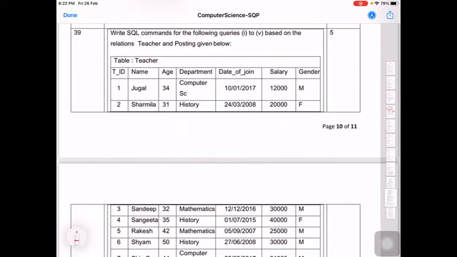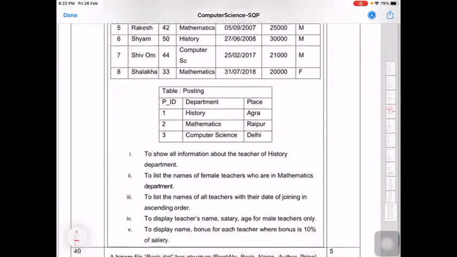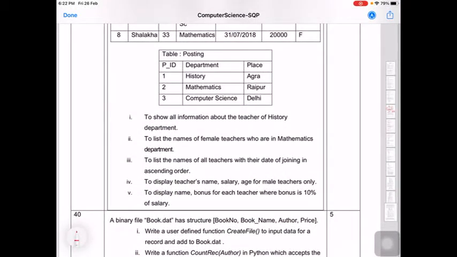This is very important, and believe me, if you have the right approach, the approach that I am telling you to take, you can score 100% marks in SQL. So here you have two types of question. You are given a table, or here you are given two tables, and you have to write the queries. Sometimes you may have some questions on output of the queries. That thing we will also discuss.